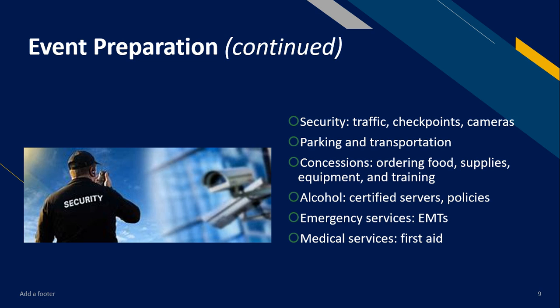Numerous regulations must be followed in order for food to be served. Health and safety regulations are dictated by local, state, and federal governments. If these regulations are violated, there are significant penalties. All food vendors need to have proper licensing from all pertinent regulatory agencies. Concessions also need to consider ordering food, making sure they have the supplies and equipment they need, and training personnel.